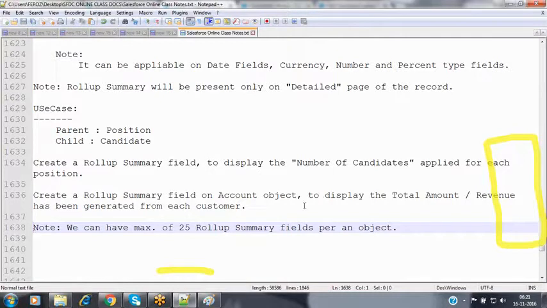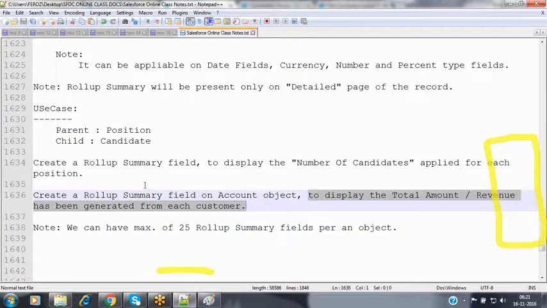Now, coming to the roll-up summary field, I want to apply it on the account object, where I want to display the total amount or the revenue value which has been generated from each and every customer.